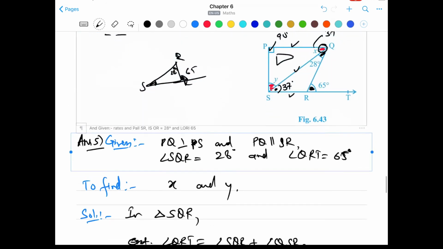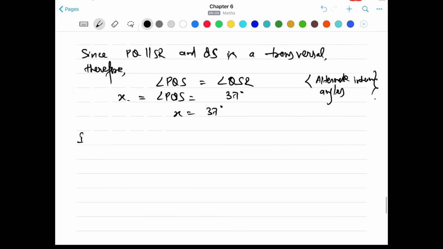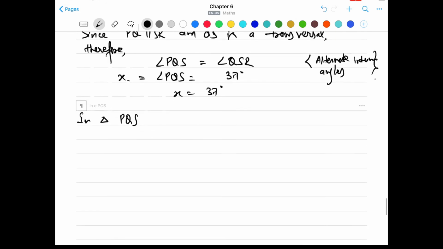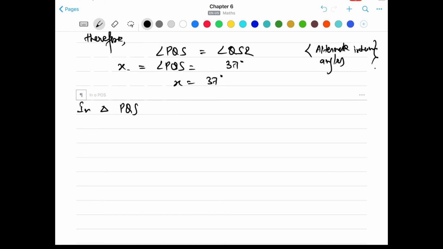So by applying the angle sum property, we can easily calculate the value of angle Y. Now we'll apply in triangle PQS, the sum of the three angles, angle PSQ plus angle PQS plus angle QPS will be equal to 180 degrees, and this is by the angle sum property